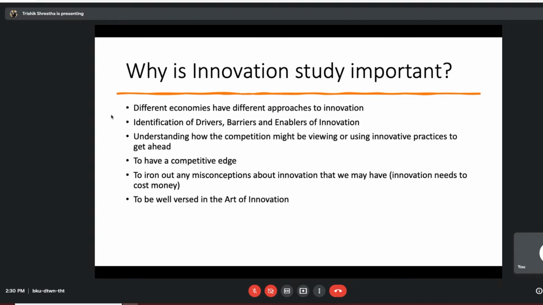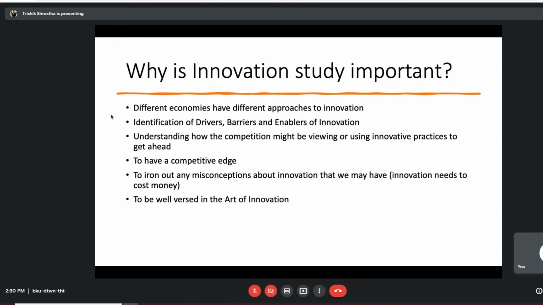I have chosen this topic, micro innovation, specifically because this Nepalese economy that we are in demands micro innovation more than the general understanding of macro innovation that we have, like technological revolutions and creating new products that are changing the industries they are serving. Our understanding of innovation does not need to be limited to that. Apart from these, there are a lot of other misconceptions about innovation out there, and to iron these out, we need to learn about innovation.